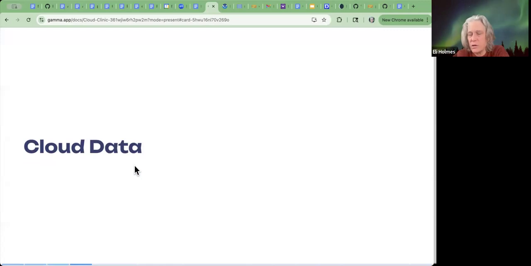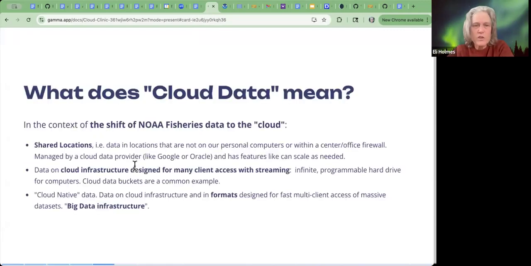Okay, let's talk about cloud data. So, what does cloud data mean? I want to talk about this in the context of the shift of NOAA fisheries data to the cloud. This is a little different than if you were to Google what is cloud data. You would be getting something that's really about these last two bullet points. And that's relevant for some of you, but much more relevant